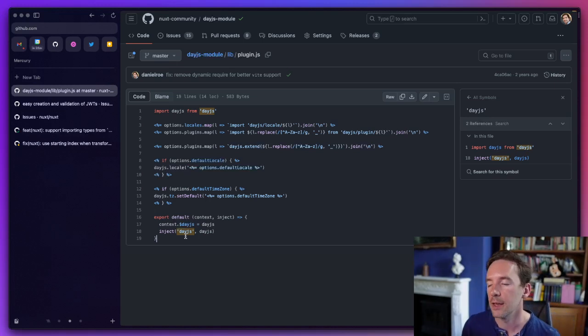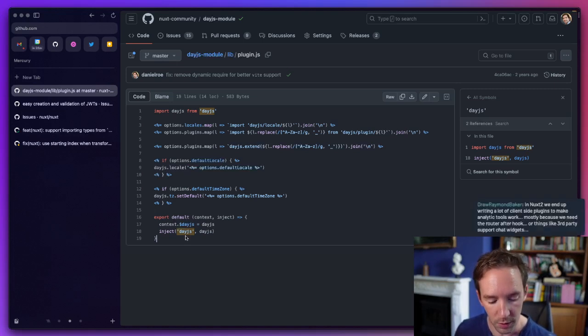Because ideally, if it's not used, you don't want it being added to the build, like to your runtime bundle. And this will result in it 100% being added, all of day.js, always. Client-side plugins make perfect sense. If you do need a global singleton, then plugins make sense for injecting it. Auth is very common. Chat widgets, like if you need to call something and make a pop-up happen, that's fine. So there's lots of good use cases for them too.